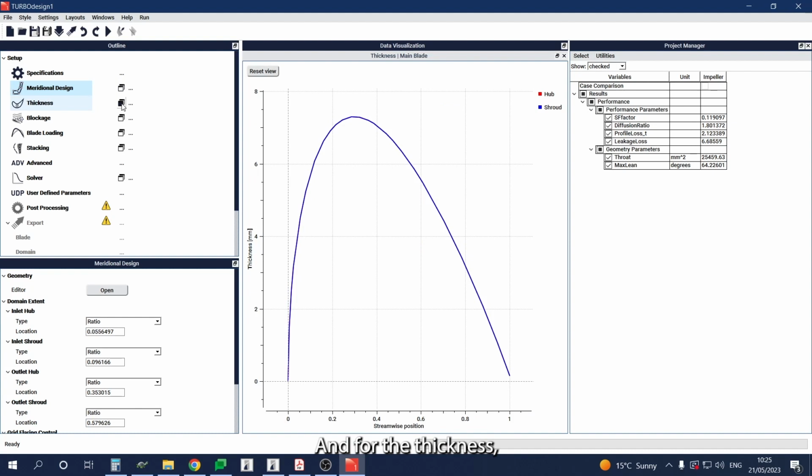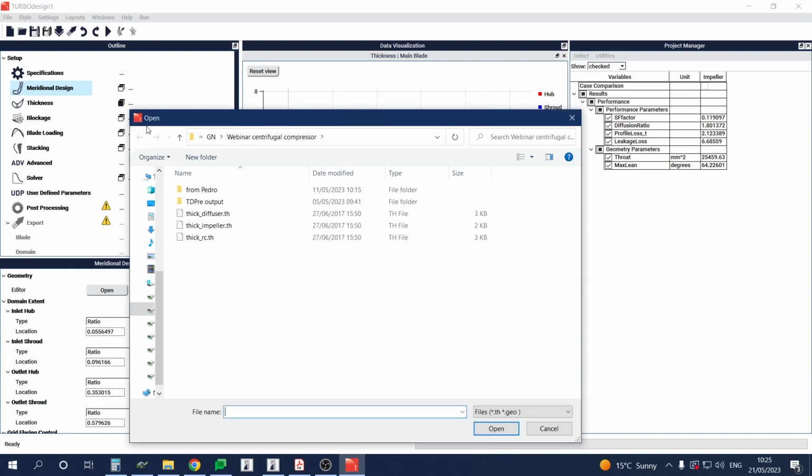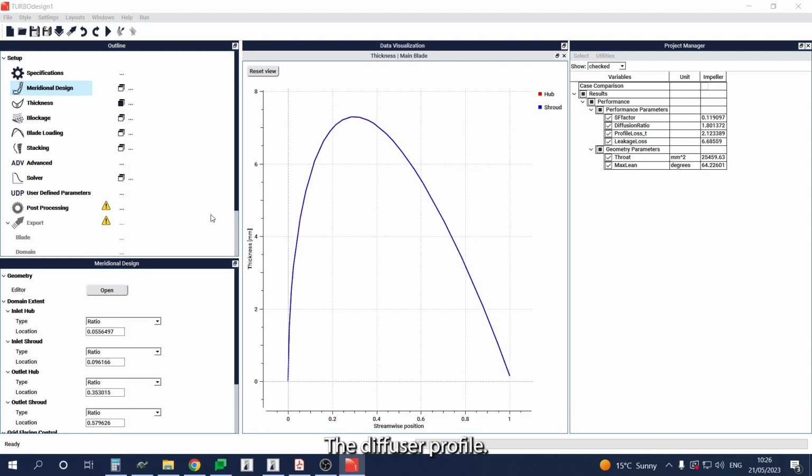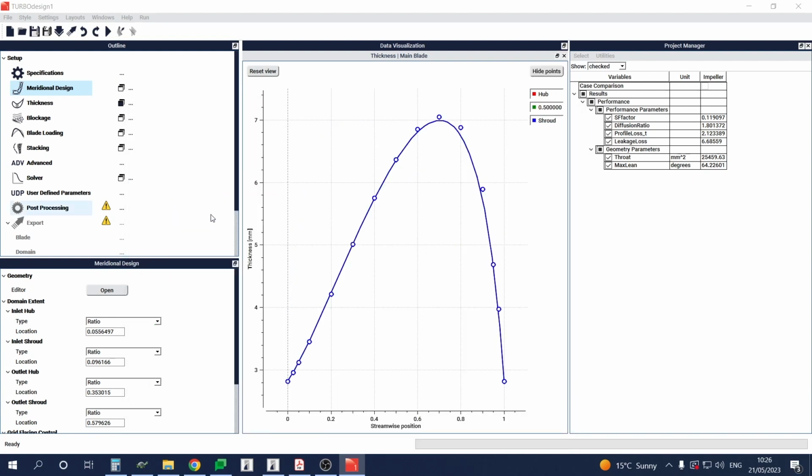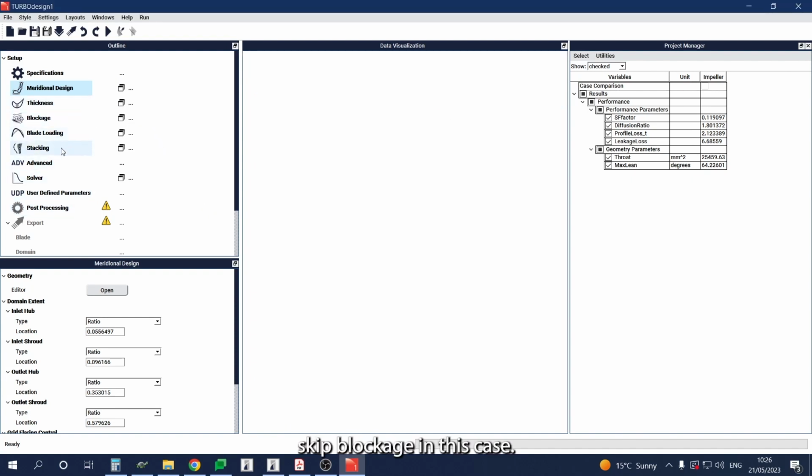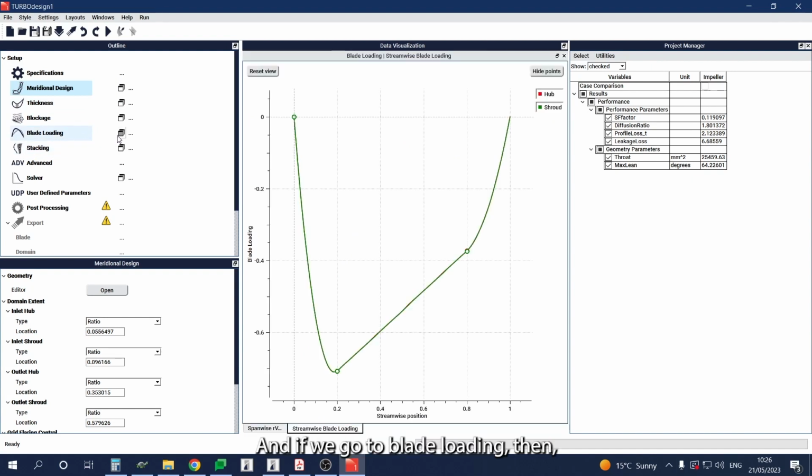And for the thickness, we have a NACA profile by default, but we can also import an external profile. So the diffuser profile. And then we can again skip blockage in this case. And if we go to blade loading,